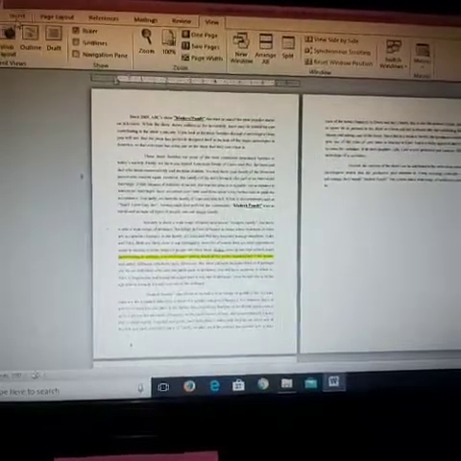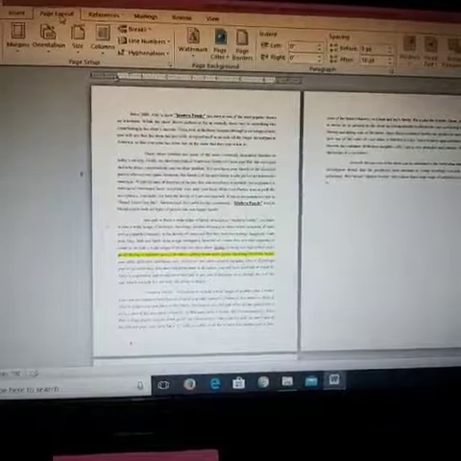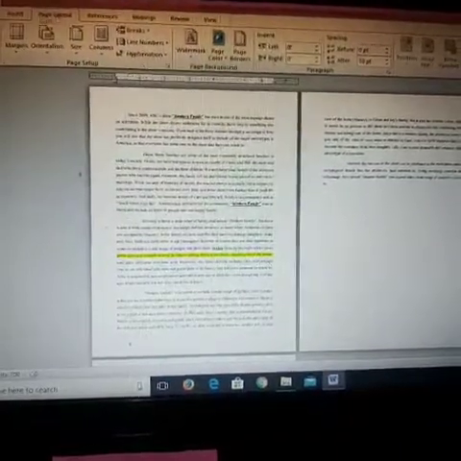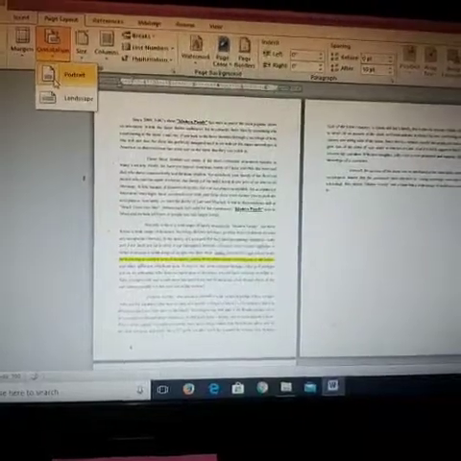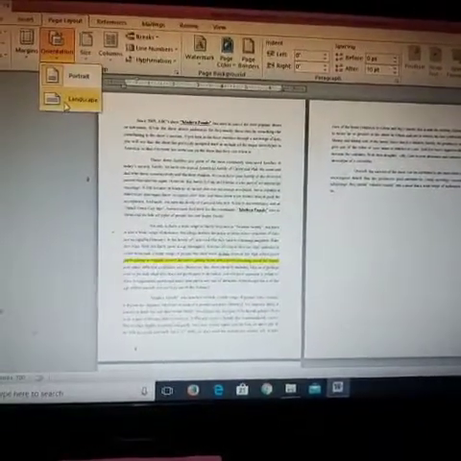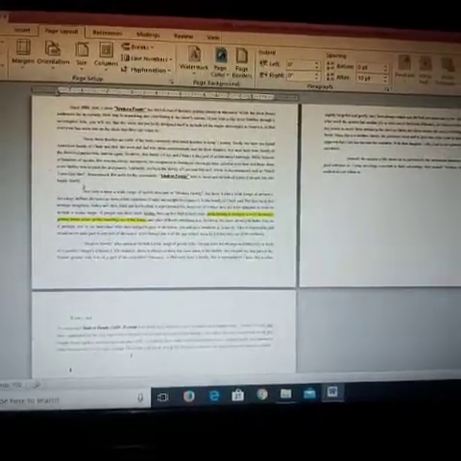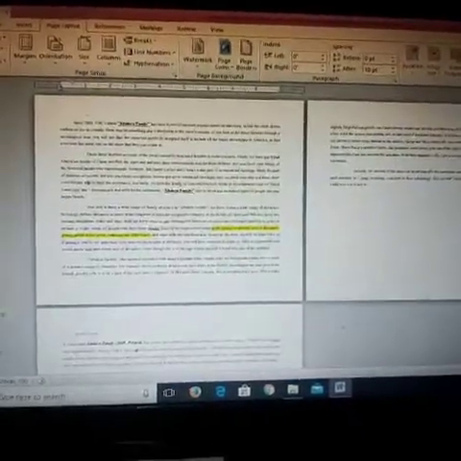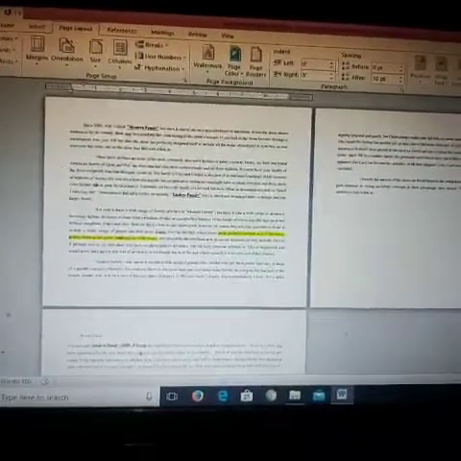Suppose I want to change the orientation of the page, then I will click on the page layout option, I'll click on orientation. Right now it is in portrait mode. If I click on landscape mode, it will look like this. Can you see how the orientation of the page has changed?